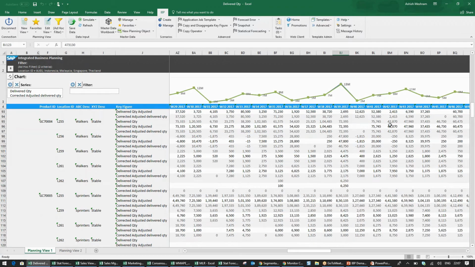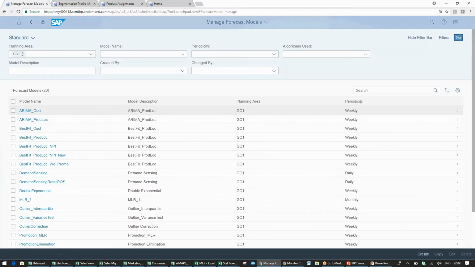Now for all your planning purposes, you can use this segmentation in order to filter. You can filter all your products only based upon the joggers and the stable, or you can do it on the sprinters. You can filter in your view, as well as when you're running any job, maybe your stat forecast or any other job; you can use this filter there as well.